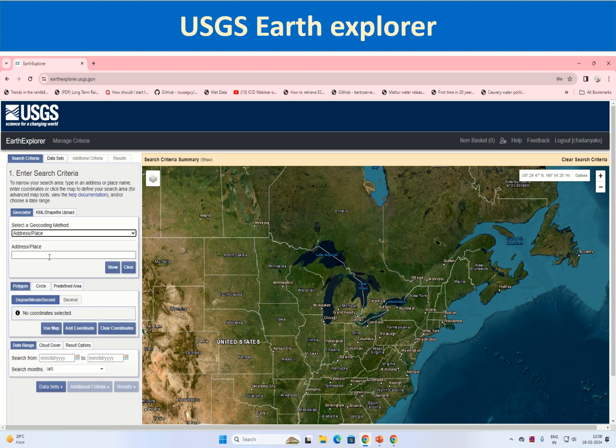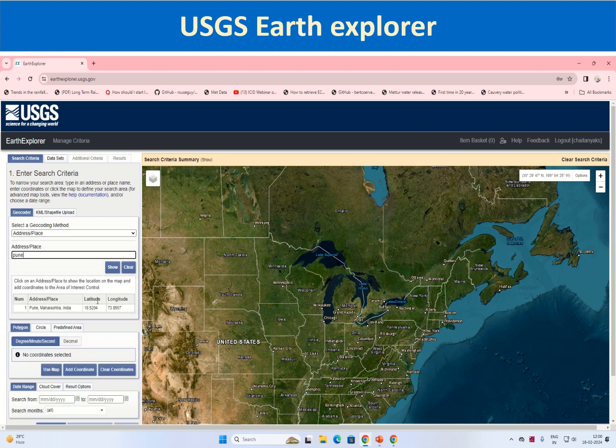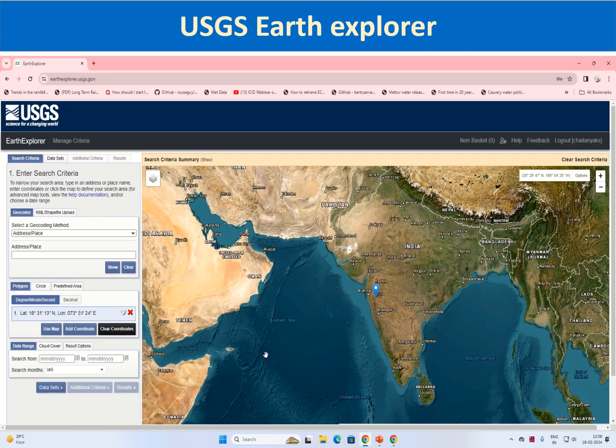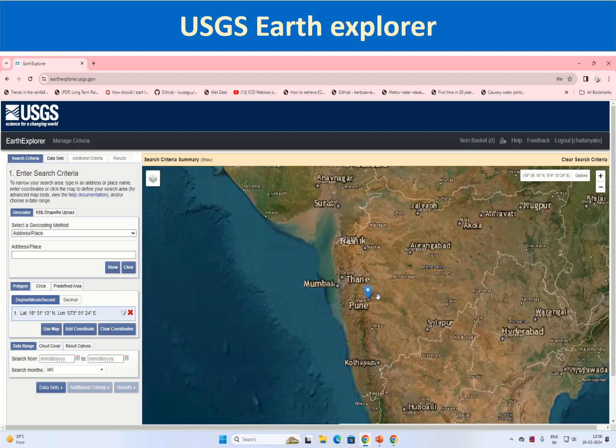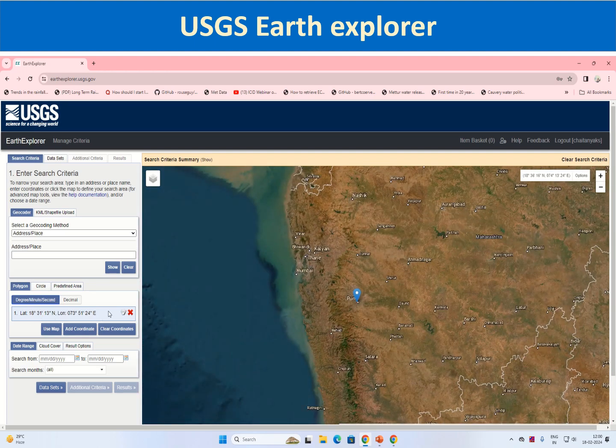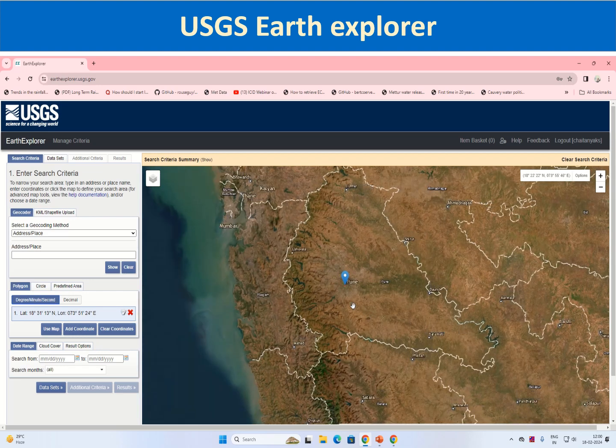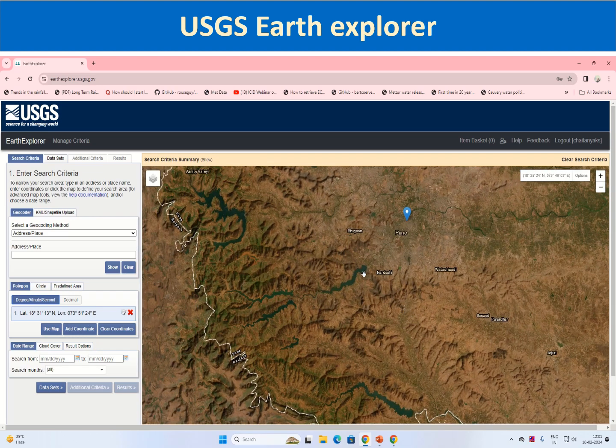Now for now I want to download SRTM 1 arc second DEM tiles for Pune region for delineating the catchment of Kadakwasla reservoir. So let me type Pune here. You can do it for your own area of interest, or you can follow me as you wish. Then once it shows the result, you can click on the result, which will take you to the point location of Pune. You can also see the latitude and longitude listed here, and then you can zoom to the area of your interest. This is the Kadakwasla Dam, and